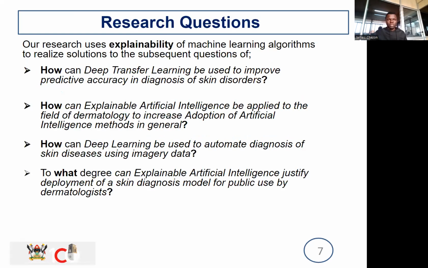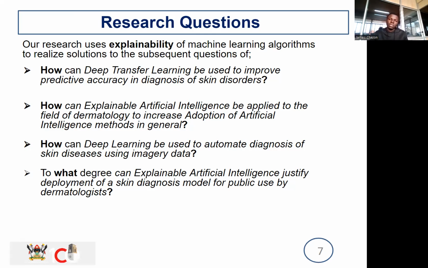So our research consequentially aims at using explainability of machine learning algorithms to realize solutions to the subsequent questions: how can deep transfer learning be used to improve the predictive accuracy in diagnosis of skin disorders, and how can XAI, which is explainable artificial intelligence, be applied to the field of dermatology to increase adoption, and how can deep transfer learning be used to automate skin disease diagnosis using imagery data, and to what degree can explainable artificial intelligence justify deployment of skin disease diagnosis models for public use